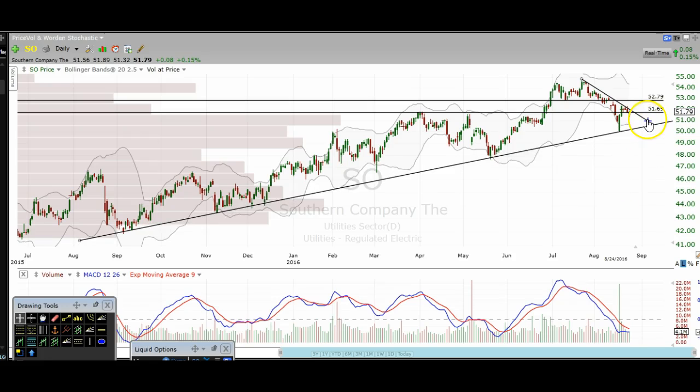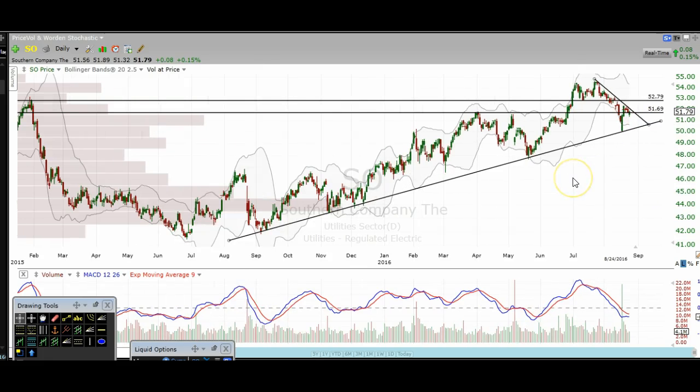So more than likely this trend is going to continue. What you want to look for is a bounce off of here and then a break over that downtrend line right there. So if it breaks this uptrend line, then you have to be concerned,